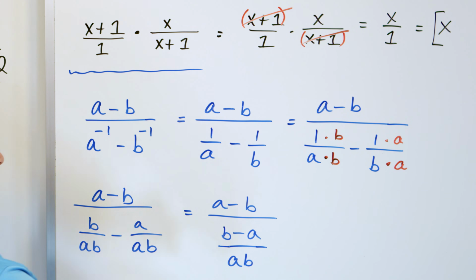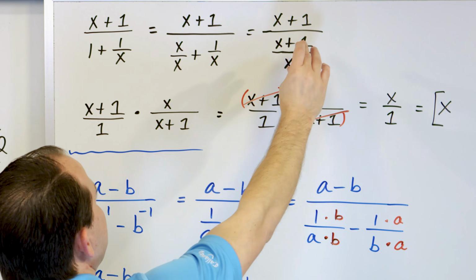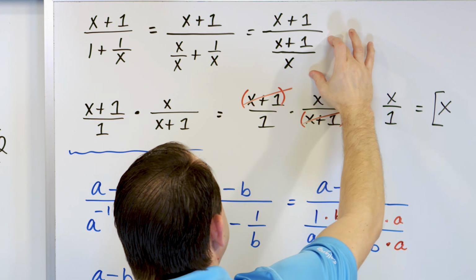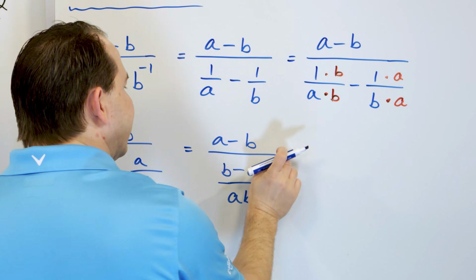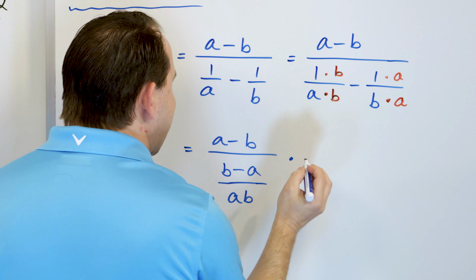So see what we have is, very similarly to what we had up here in this step, we had something divided by a fraction. Here we have something divided by a fraction. How do we handle it? We change this division to multiplication. So what we have